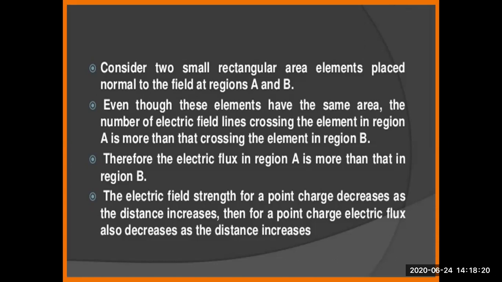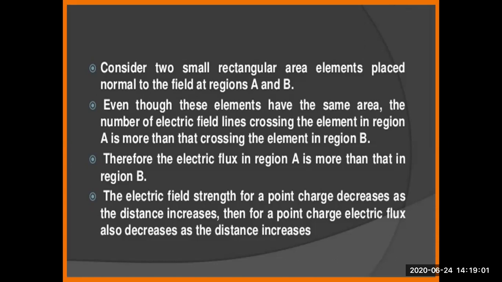the more lines pass through, because the lines continuously, infinitely go in the opposite direction. So the further away they are from each other, the less area will pass through. Even though these elements have the same area, the two rectangles A and B are the same. So the number of electric field lines is the most important. The number of electric field lines crossing the element in region A is more than that crossing